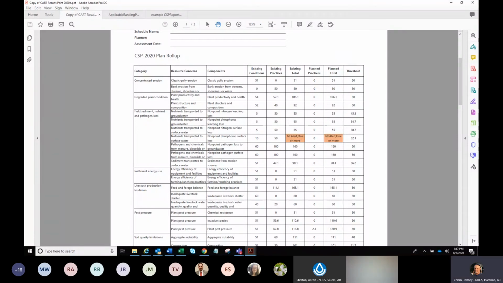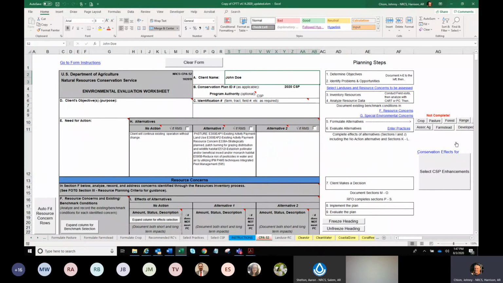Let me see if I can pull that up right quick. Yeah, the spreadsheet basically,